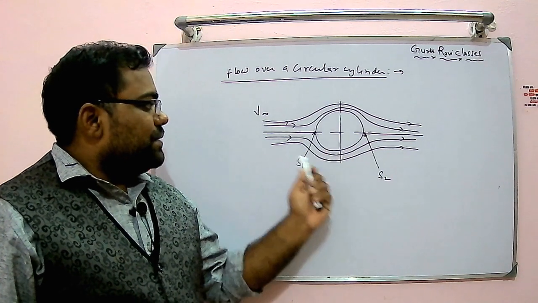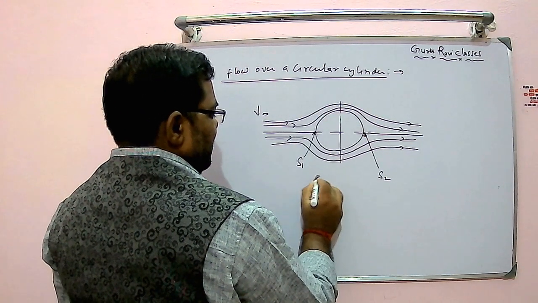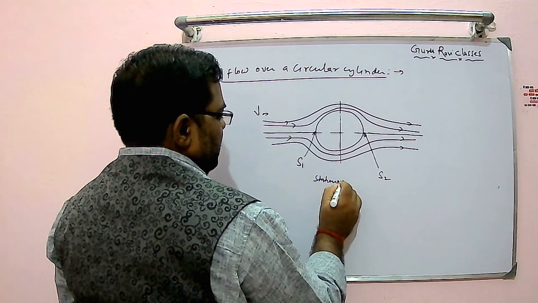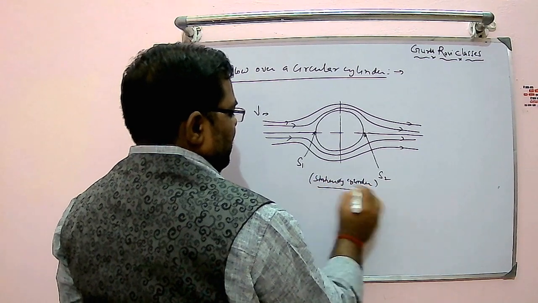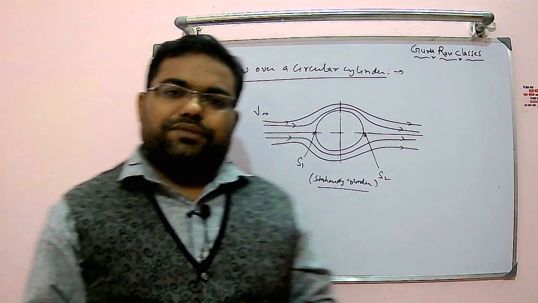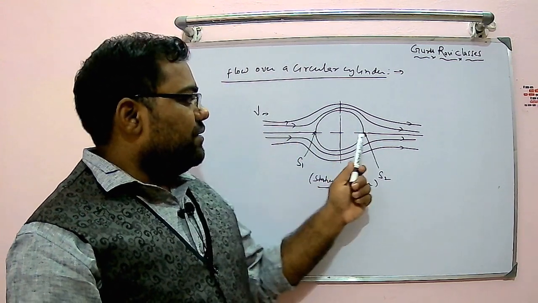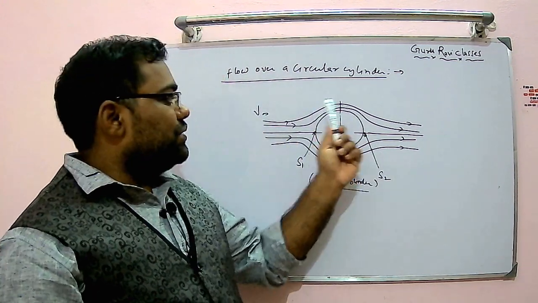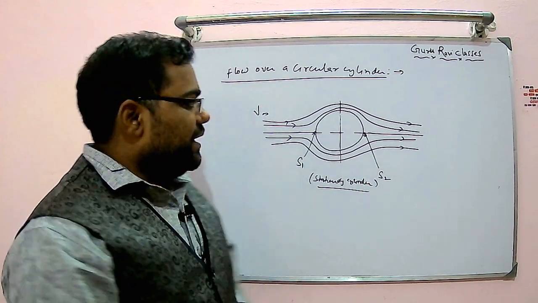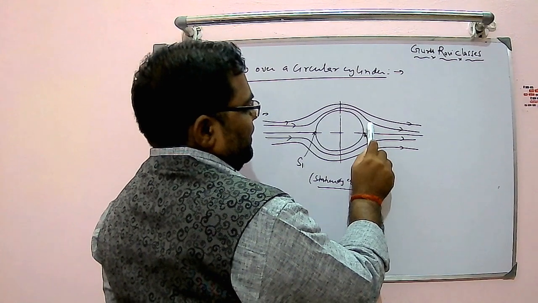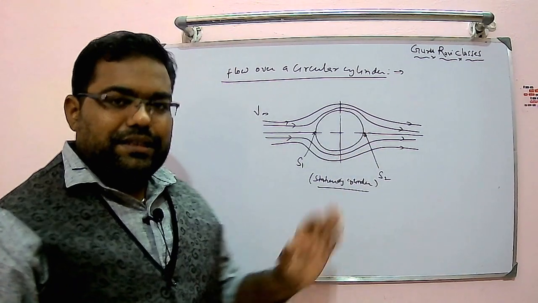So in the case of a circular cylinder without circulation, this is not rotating, a stationary cylinder. In the case of a stationary cylinder, your stagnation points will be lying diametrically opposite. One will be at the front side, another at the back side, and you will be getting almost uniform flow around the periphery. So wake formation will definitely be there, but the wake formation area is only this much. That's the one thing.